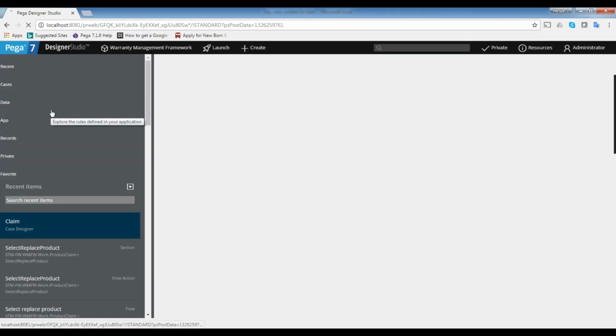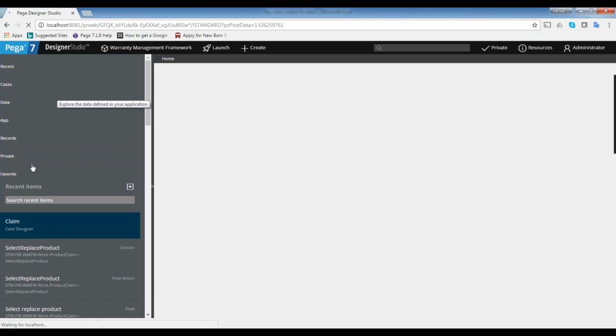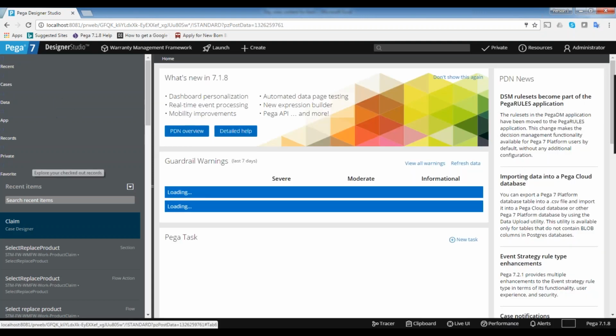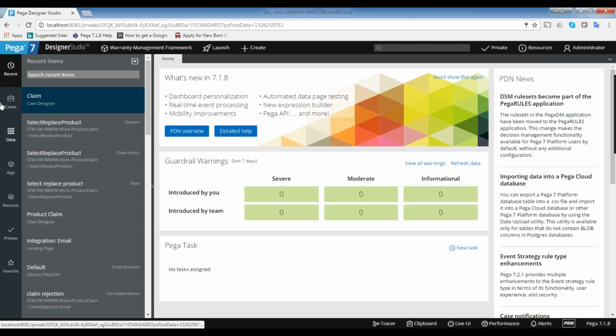So now we will see how to assign the work to a work basket. Generally, for each team of people, they will create a work basket. For processors, one work basket; for technicians, one work basket. Like that, they will create separate work baskets.